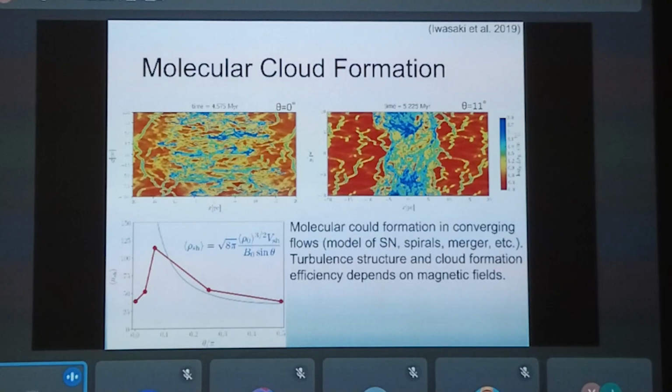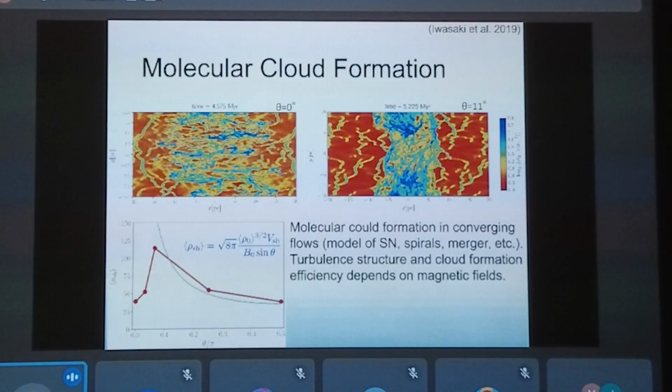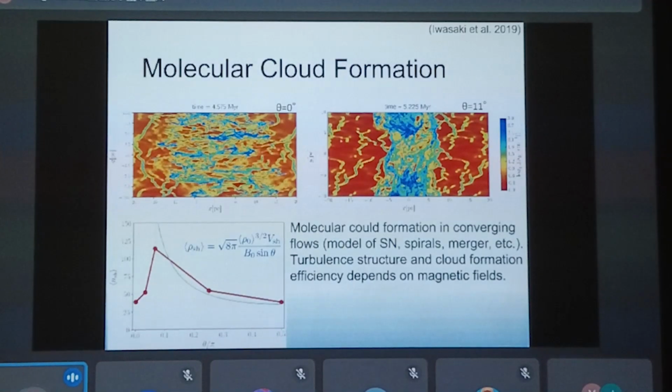In the left panel, the magnetic fields are almost horizontal, so theta equals 0 degrees. On the right panel, it is slightly tilted to 11 degrees. It's actually only a slight tilt, but as you see, this makes a drastic difference in the outcome.